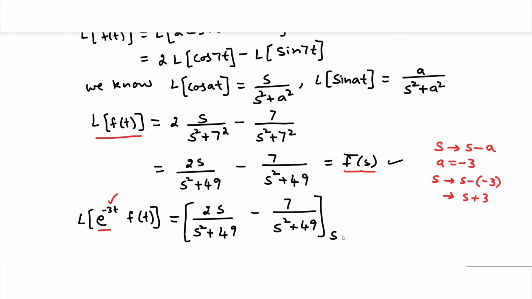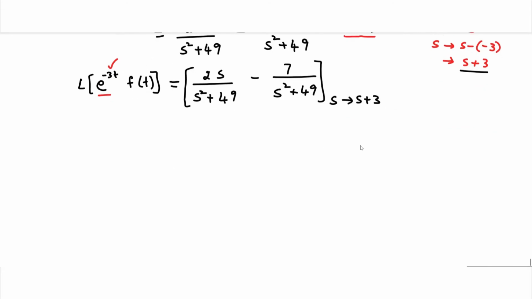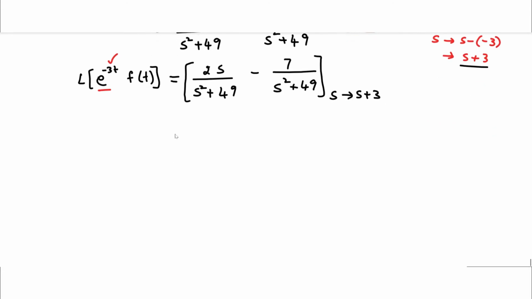Whereas this whole expression s is being shifted to what value? s plus 3. s will become s plus 3. So now I have to change that value on the right hand side. Wherever s is there, replace the value of s as s plus 3. So 2 times of s plus 3, its whole divided by s plus 3 whole square